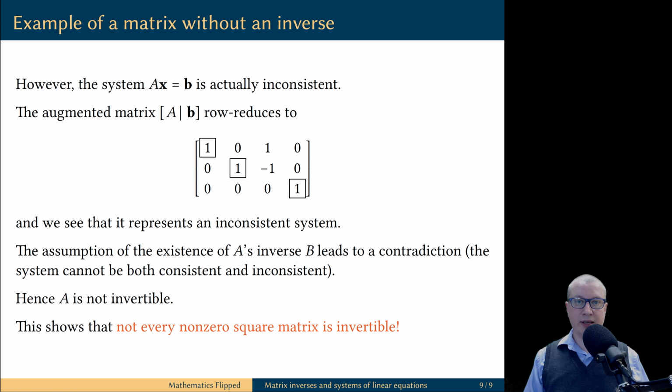This example demonstrates that while our new method is very convenient, unfortunately it doesn't work every time. It works only as long as the coefficient matrix of the linear system is invertible, and we just discovered that not every non-zero square matrix is invertible. This is in stark contrast with numbers, because for numbers every non-zero number is invertible. Every non-zero number alpha has a multiplicative inverse, which is 1 over alpha. As you see, the situation is more complicated for matrices. Not every square non-zero matrix has a multiplicative inverse.